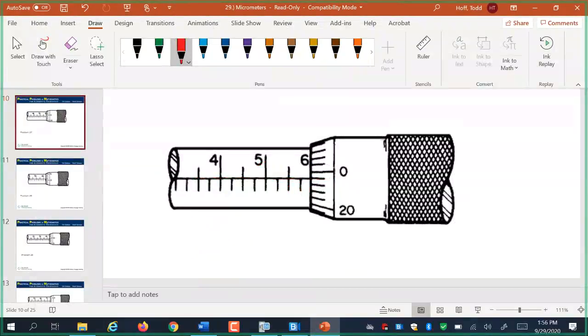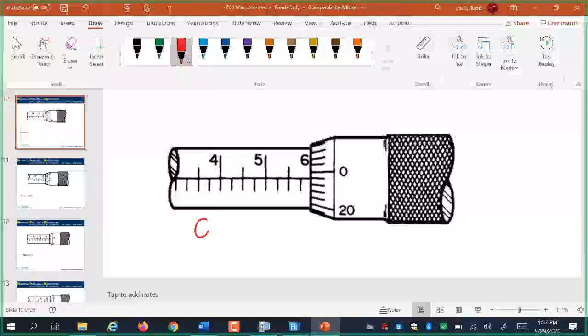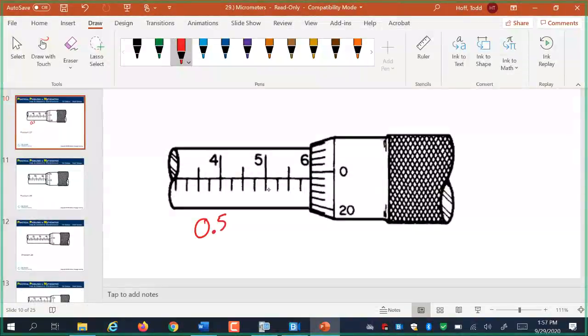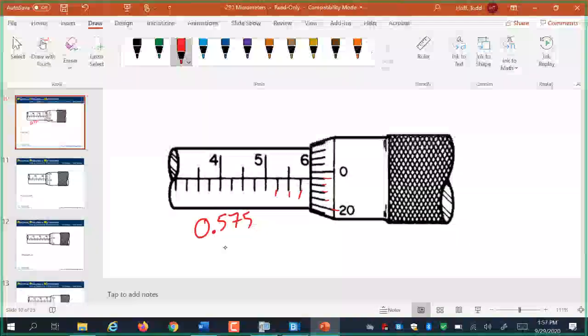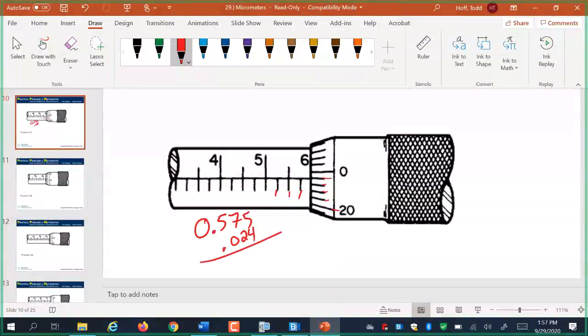So how about this one? How many tenths? 0.5. How about quarter marks? 7.5. So 0.575. 25, 50, 75. On the thimble, what's it reading? That's 20, 1, 2, 3, 24. So that adds up to